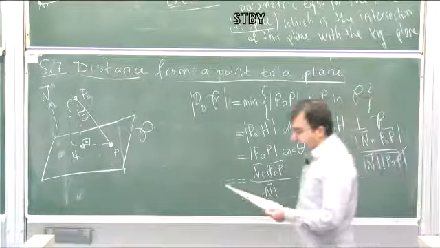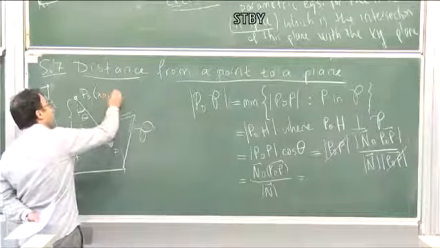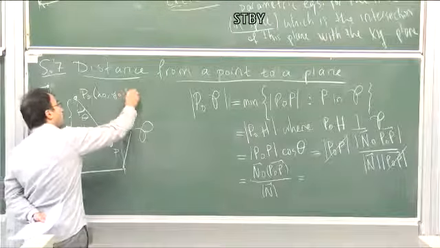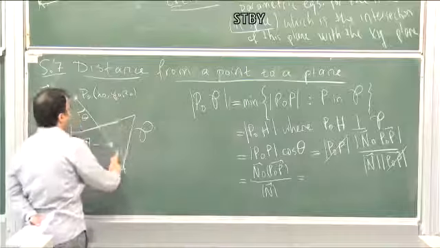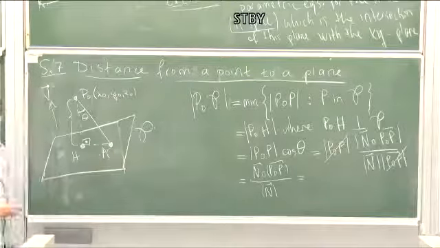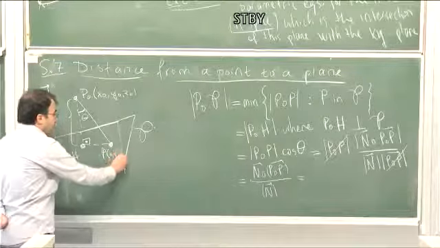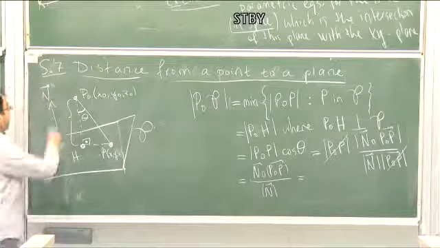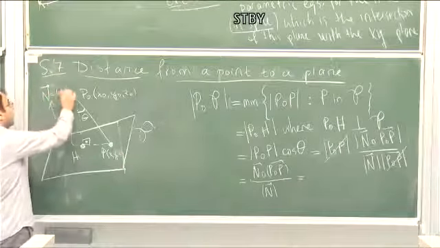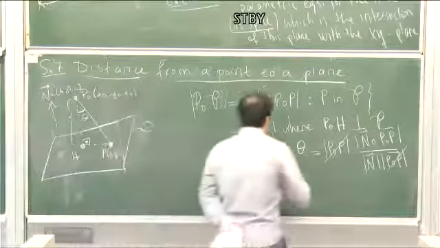Okay. Now let's write this one. So P0P, let's give names to these coordinates. Let's say that the coordinates of P0 are x0, y0, z0. P is a general point. Its coordinates will be, let's say, x, y, z as before. And the normal vector, again as before, let's take it as